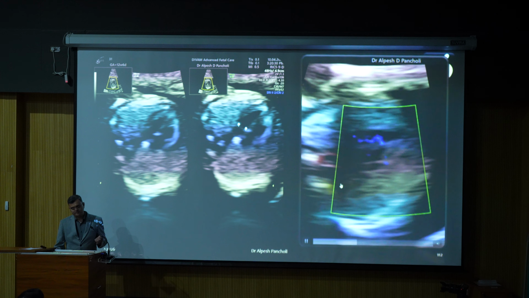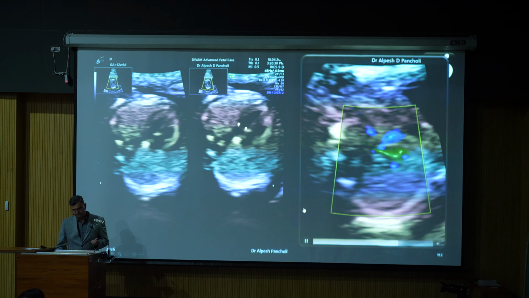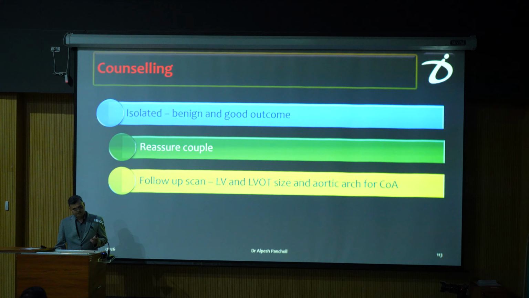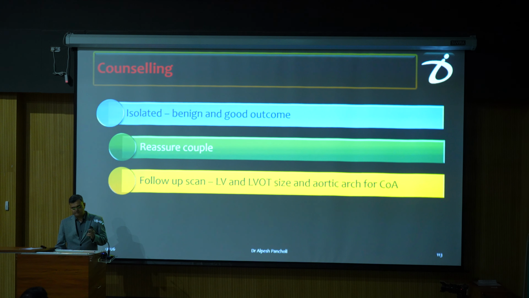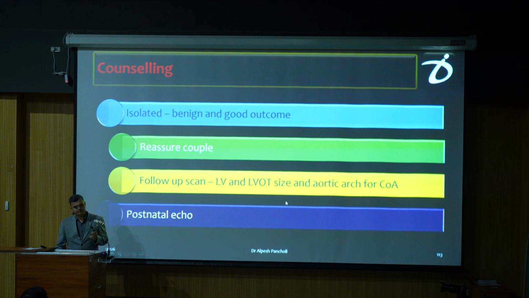So this is a persistent left SVC with absent nasal bone at anti-scan. Counseling: if it is isolated, it is benign and has a good outcome. Reassure the couple. A follow-up scan is required to look for the LV and LVOT size, because in 10 to 15% of cases it can be associated with coarctation of aorta, and a postnatal echo is a must to rule